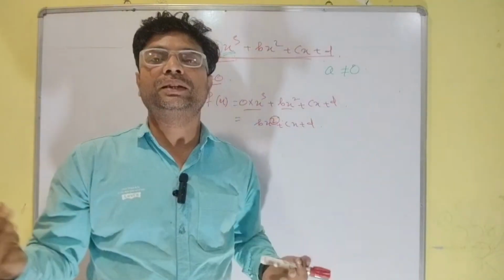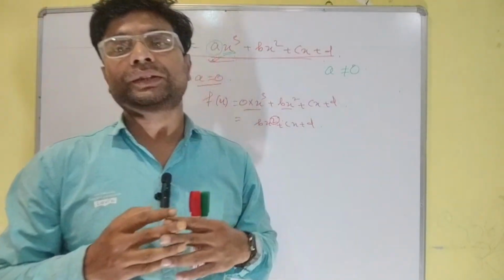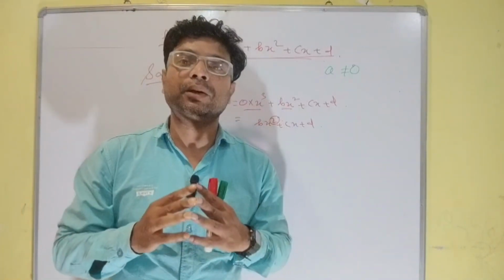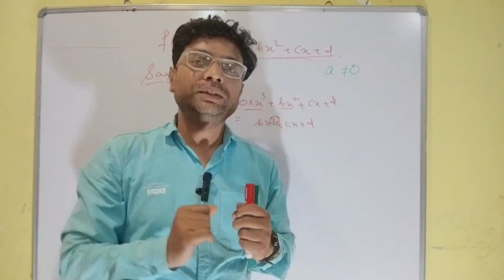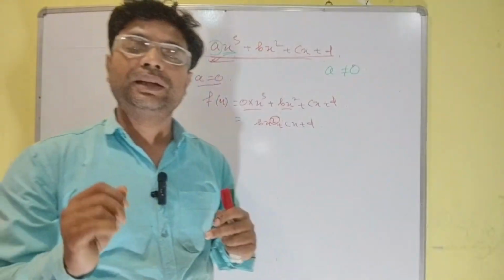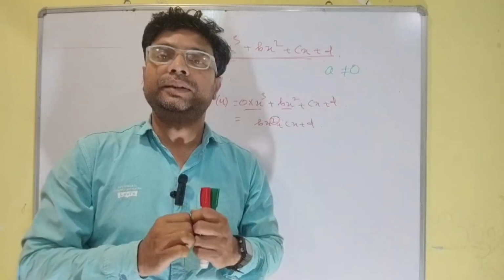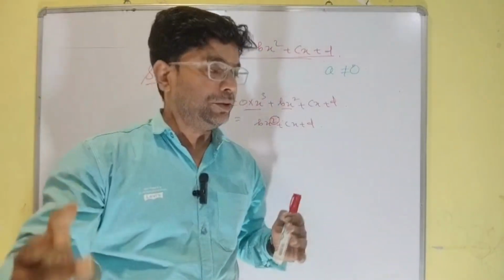We have already discussed quadratic polynomials, whose degree is 2, therefore the number of zeros is also 2. Since it is a cubic polynomial, it must have three different zeros. Clear? Again I remind you,